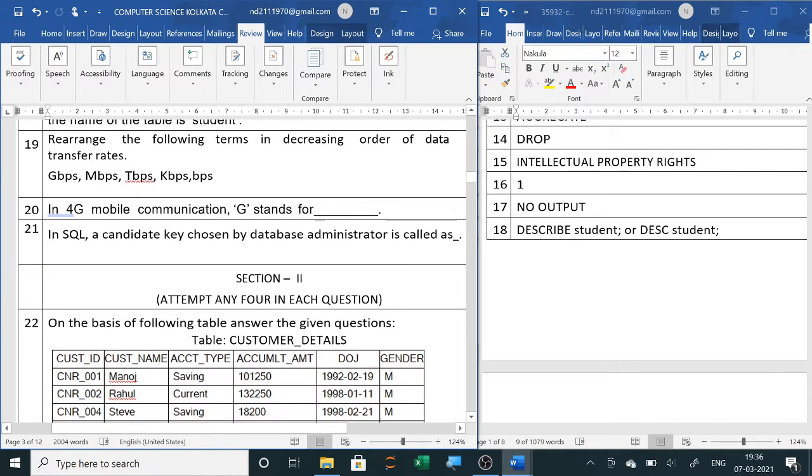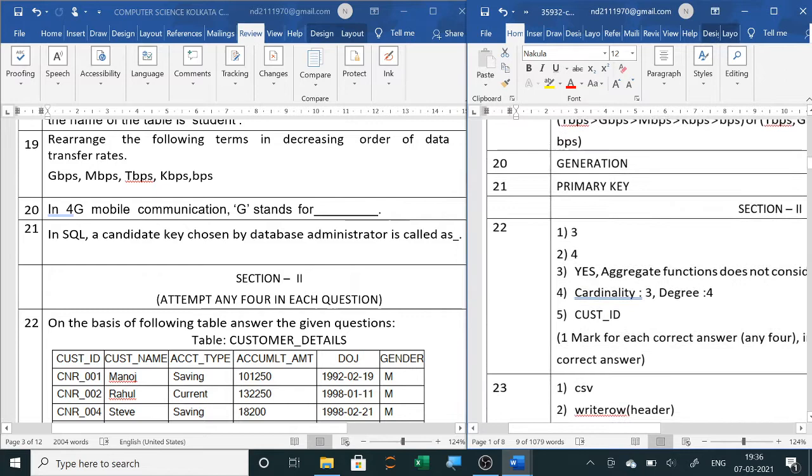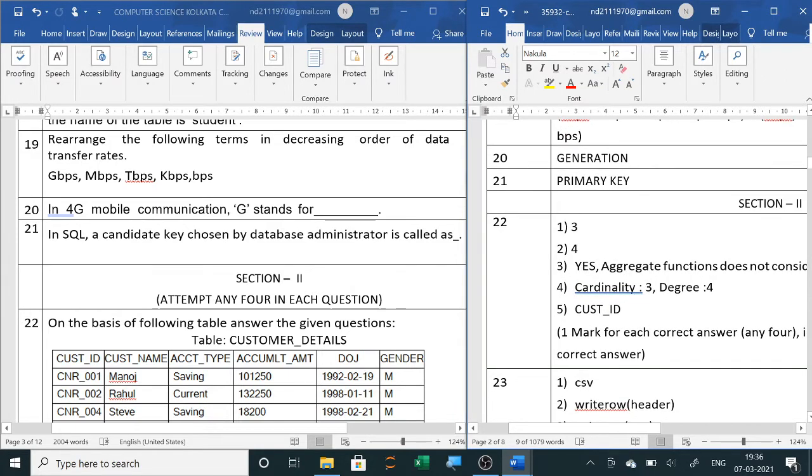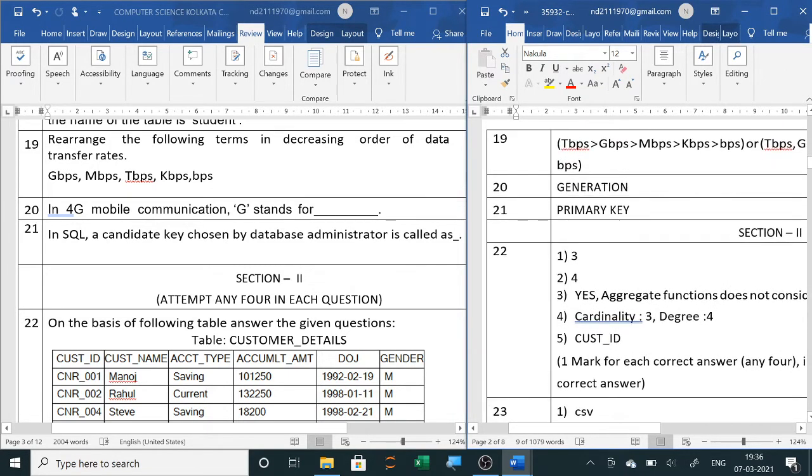Now next, 19th question. Rearrange the following terms in decreasing order of data transfer rate. Decreasing means from higher to lower. So first it will be terabits per second, then gigabits per second, then megabits per second, then kilo, and then at the end bps.